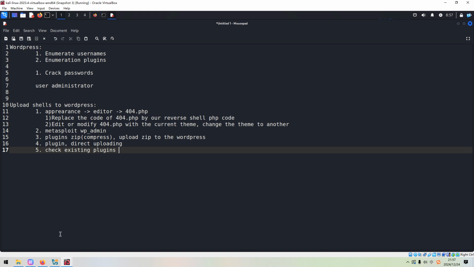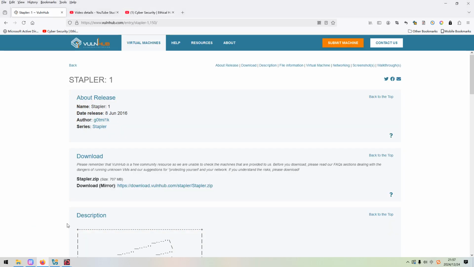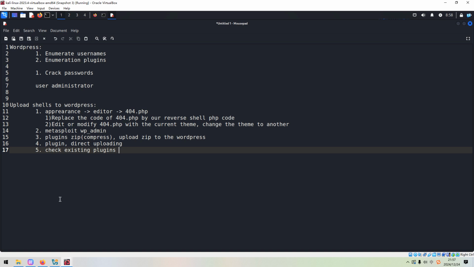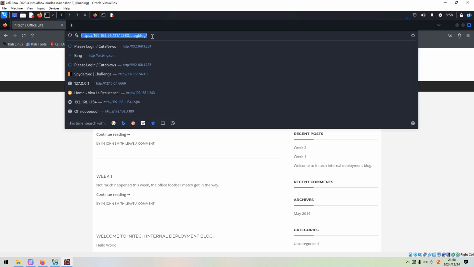Again, I'd like to use this Stapler as the target. Of course, I will not start from scratch. I'd like to start from here. I've already identified this directory, which is running WordPress. So what can we do?